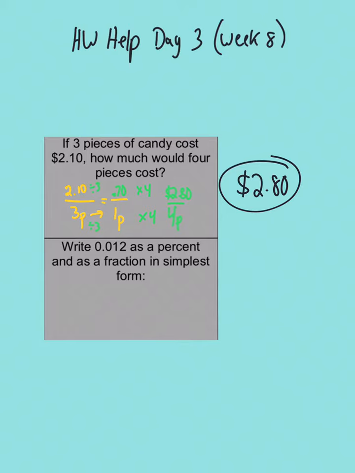All right. Next one, it says write 12 thousandths as a percent and as a fraction in simplest form. First thing I'm going to do is change it to a percent. Remember, it's a decimal. To change it to a percent, I move my decimal twice to the right. Now, if I take this decimal twice to the right, it's going to be between the 1 and the 2, so my percent is